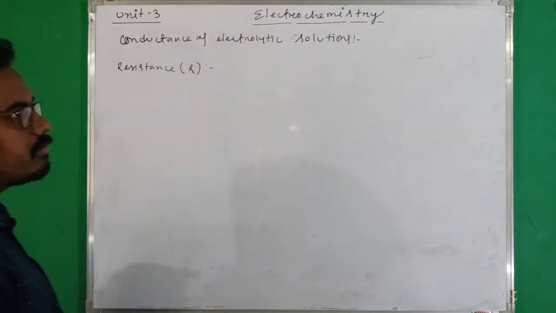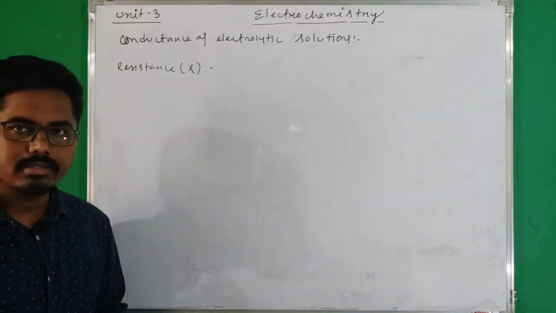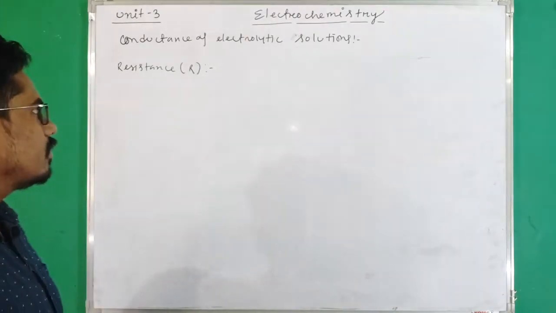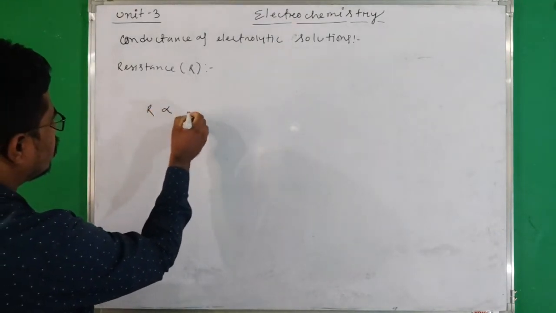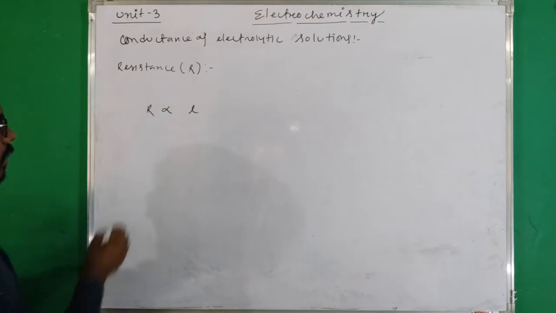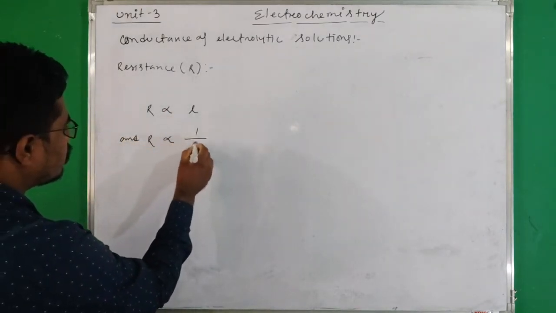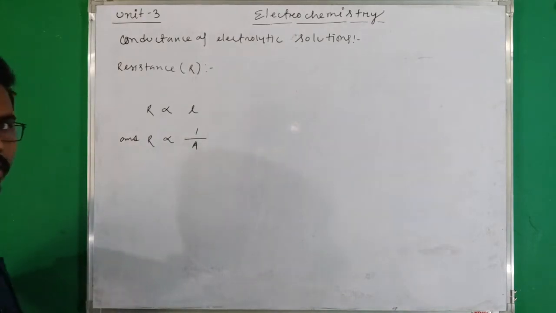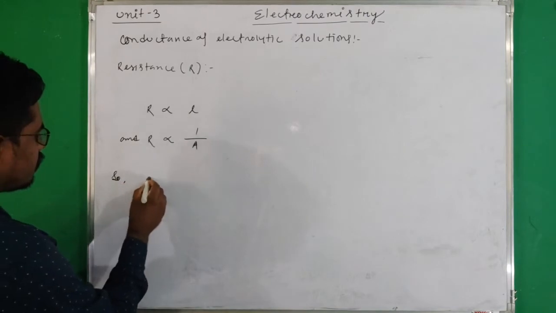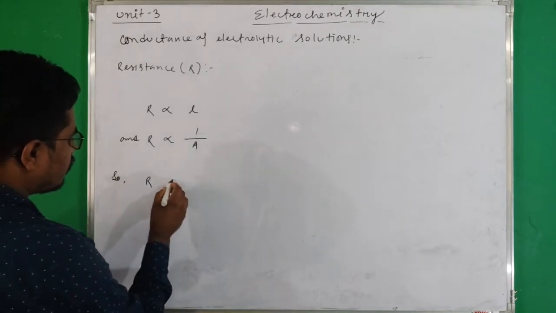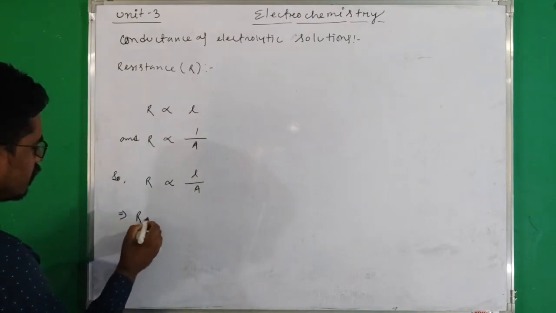It is the opposing force which resists the flow of current or electricity through any material. And the resistance is always directly proportional to the length of the material, and the resistance is inversely proportional to the area of cross section of the material. So combining these we will get R proportional to L by A. This implies